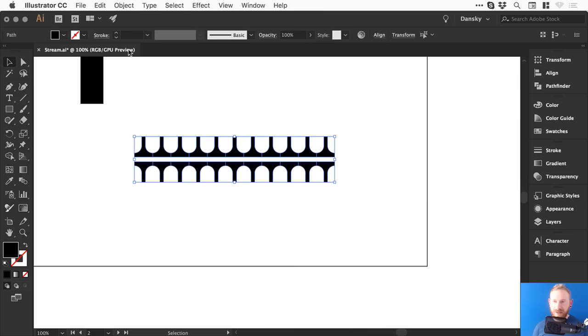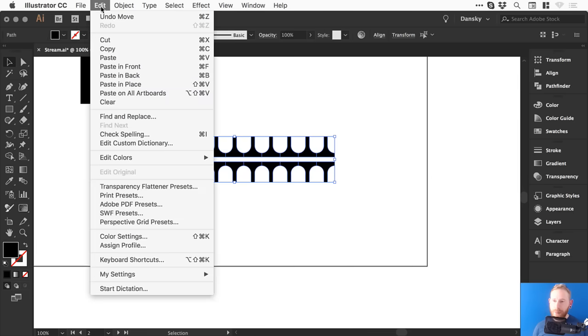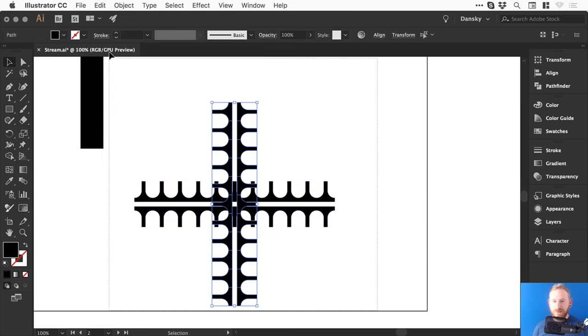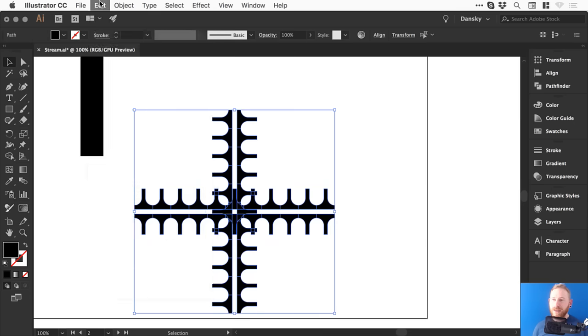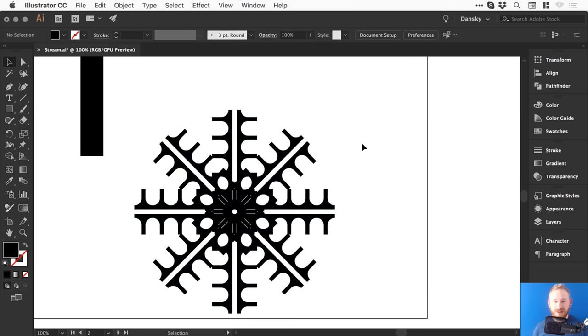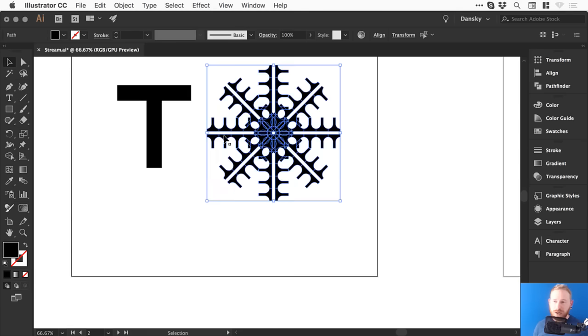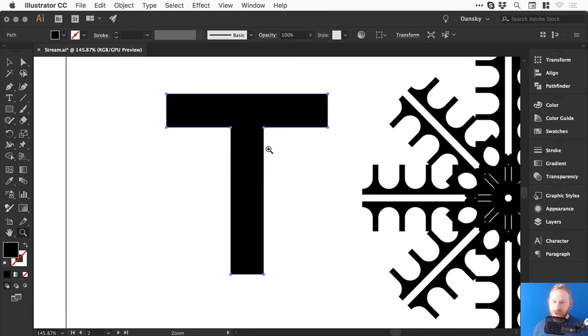and select everything. And again, just copy, paste in place, rotate it 90 degrees, drag over everything, edit, copy, edit, paste in place, rotate 45 degrees, and there we go. We have a snowflake. So you can use this to edit existing shapes, or you can use this to design snowflakes. It's entirely up to you, but that's one way that you can use the direct selection tool to individually select certain points